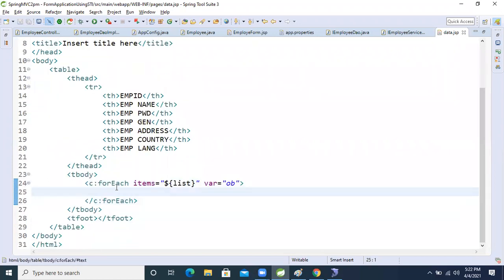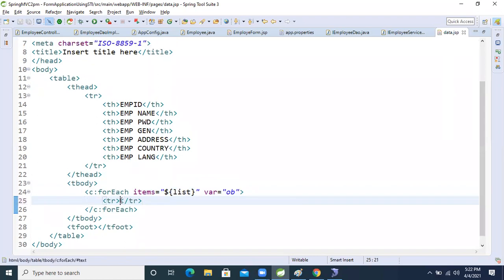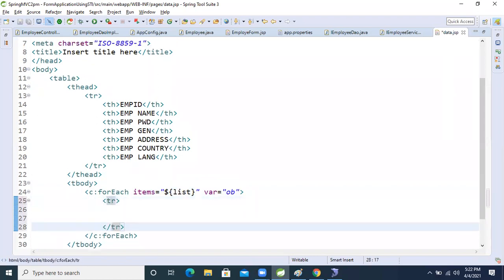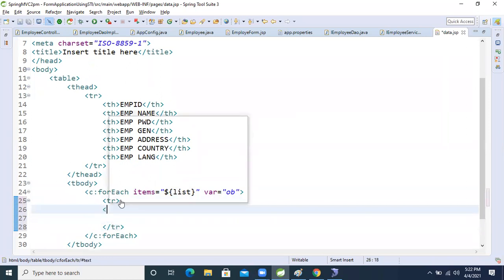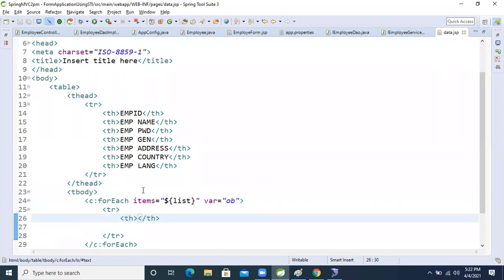Come here, tr. Now we will take one tr, table row, and we will close it here only. After that, inside that, we will take th. We will take the th, guys.